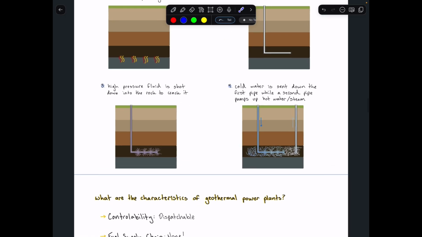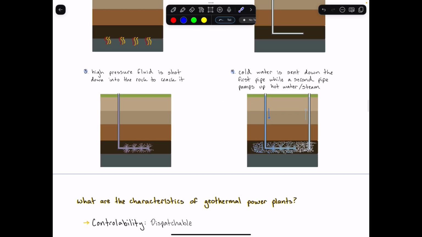Okay, so now on to the characteristics of a geothermal power plant. Geothermal power plants are considered dispatchable resources because operators can control the flow of hot water or steam being pumped from the geothermal well. But geothermal facilities are typically operated at a relatively constant output in order to preserve a constant temperature and pressure underground here. Because if water is pumped through this system too fast, it can actually temporarily decrease the temperature of these rocks down here, which destabilizes